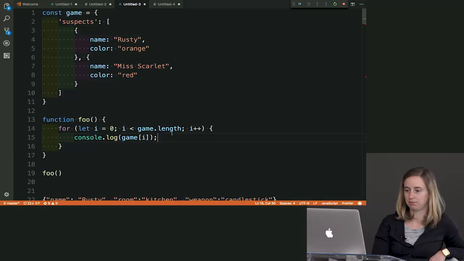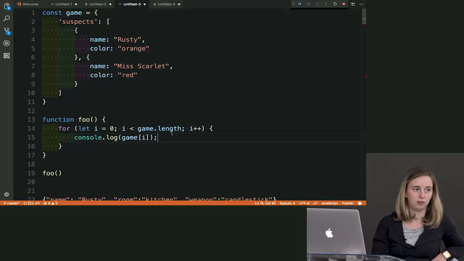What line? Line 14, because line 15 is console.log game i, and at that point i is actually game.length is going to be